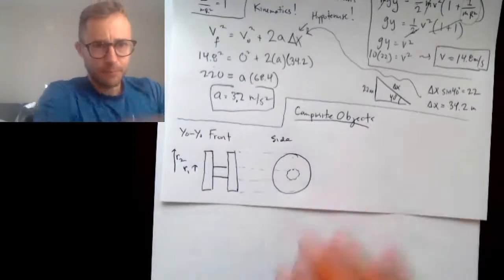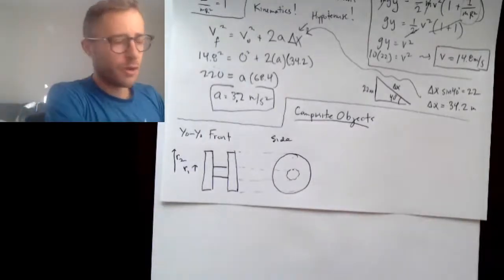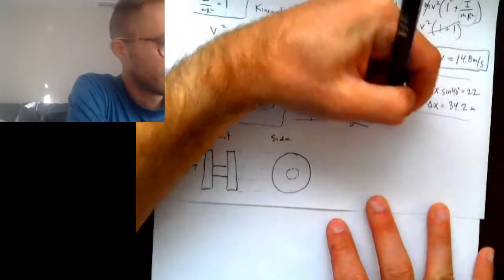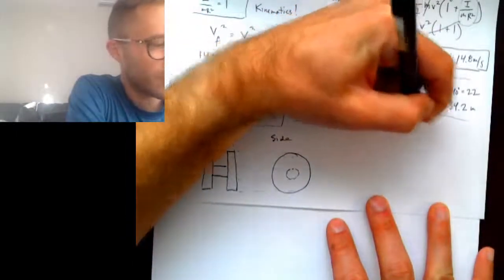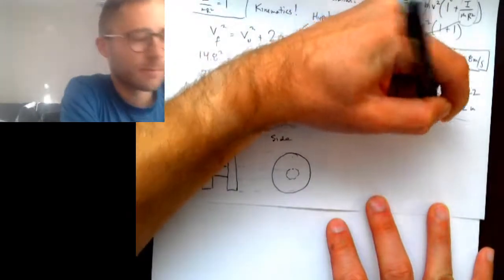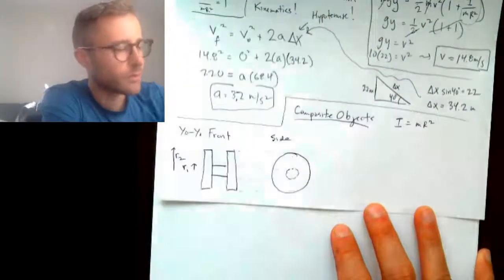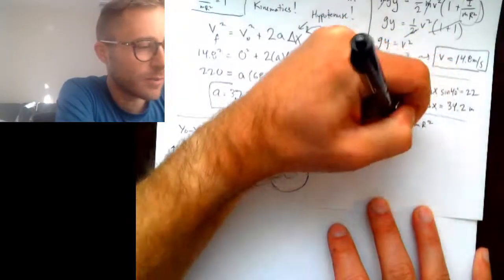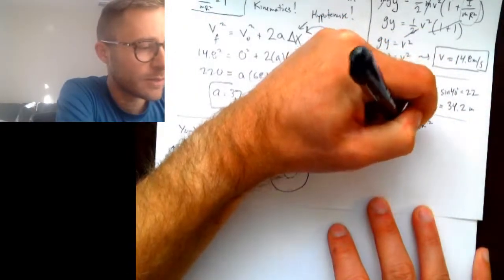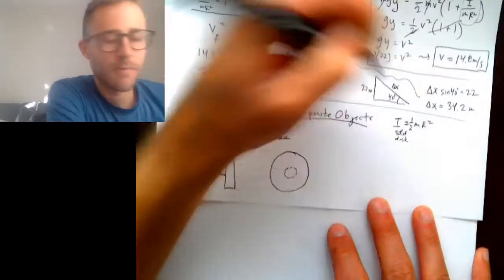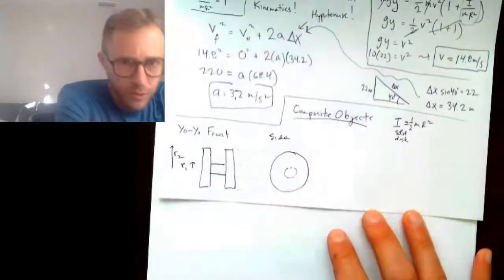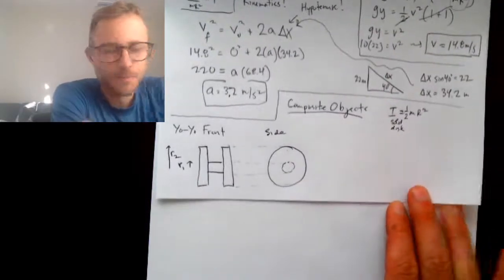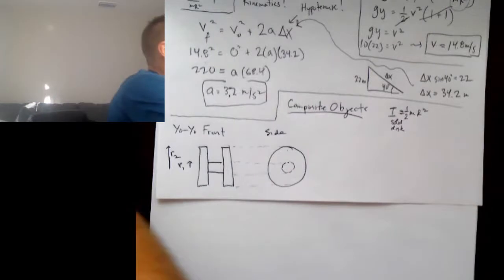Okay, and so the yo-yo is spinning. Now, a single disc has an inertia of 1/2 mr squared. This is for a solid disk. Okay, so what if we had a